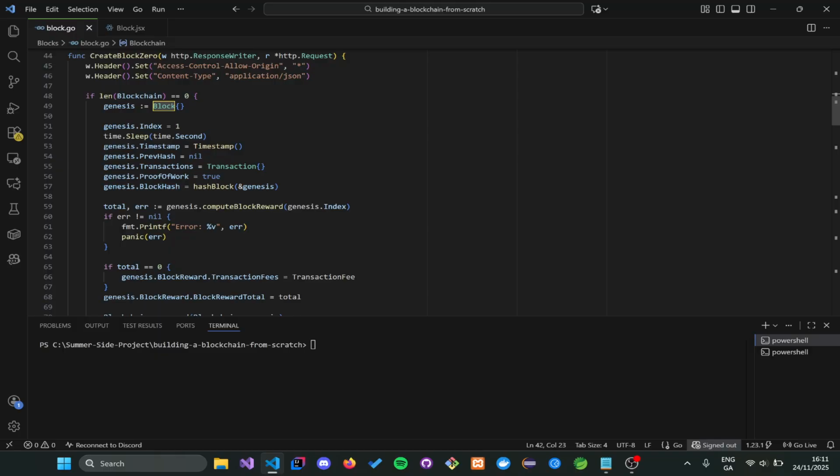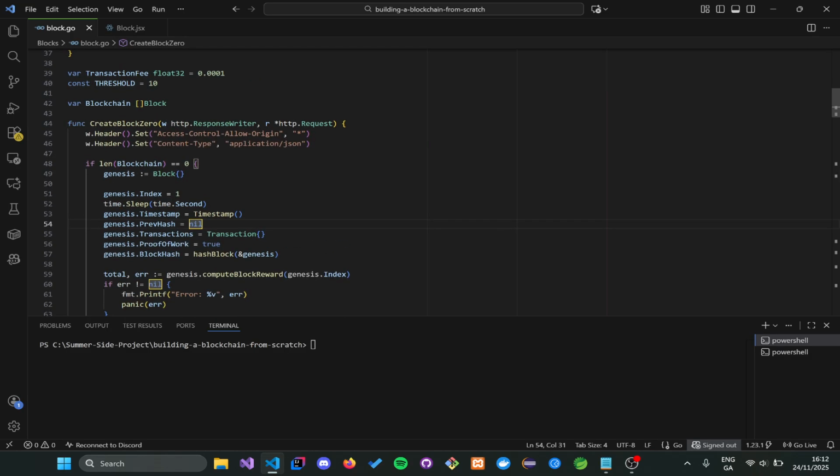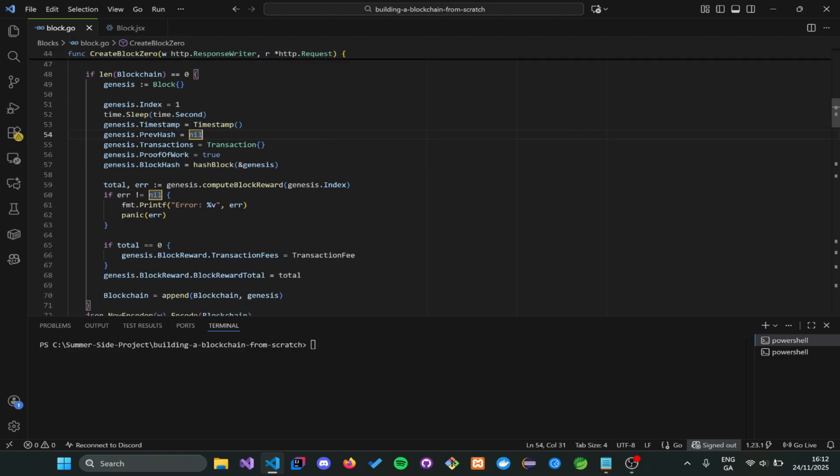If we have a look at this function, it creates the genesis block, which is the first block in the blockchain. If the length of the blockchain, which is this slice up here, is 0, we create a genesis block and set up the index. I have a function called timestamp, which sets up the timestamp. The previous hash is nil because the genesis block is the first block. There's nothing prior to the genesis. Then an empty transaction, the proof of work, hashing the block, and then